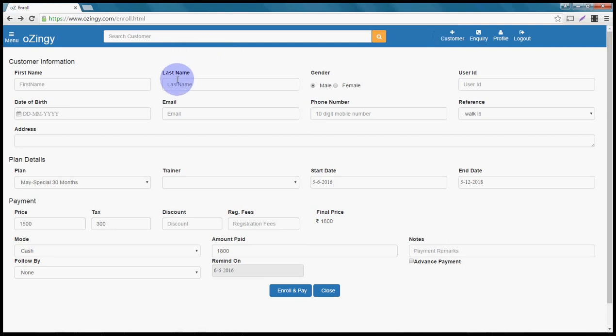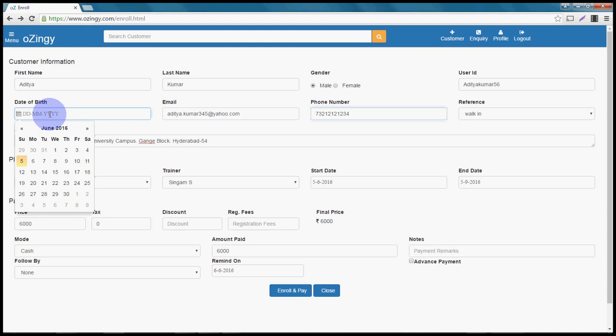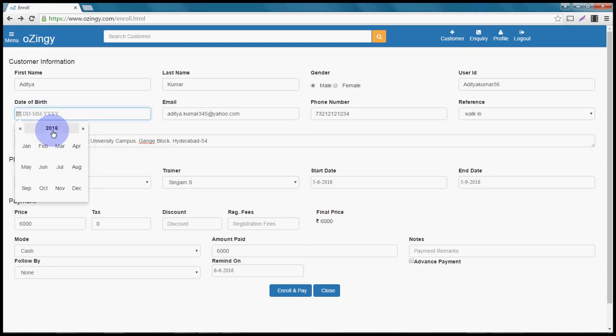So once you update all the fields like the first name, last name, and all those things, after updating them, we need to update the date of birth. So for updating the date, when you click on this, you'll be seeing the current year and the current month. If you want to go to the previous months, click on this. You'll be seeing the calendar here for the current year. And if you want to go to the previous years, click on the year. You can see all the 10 years.